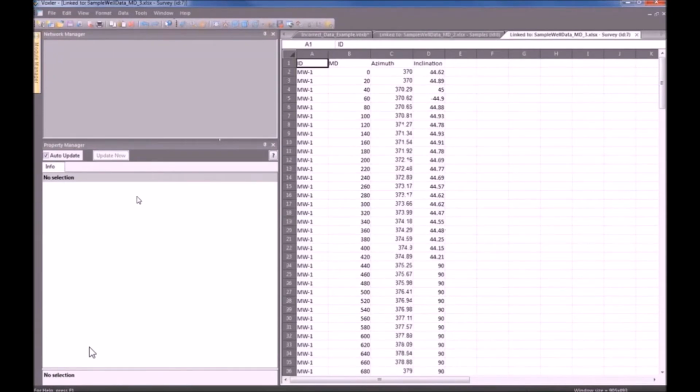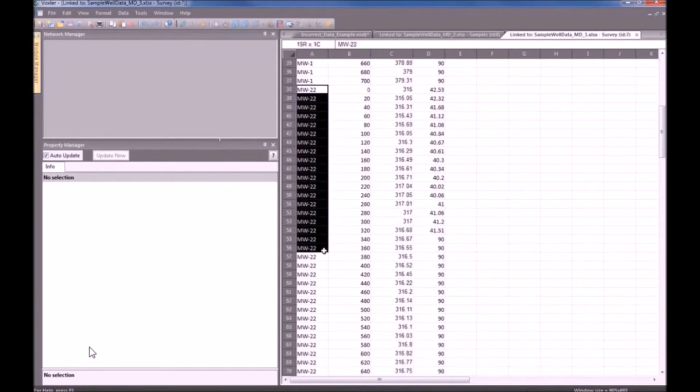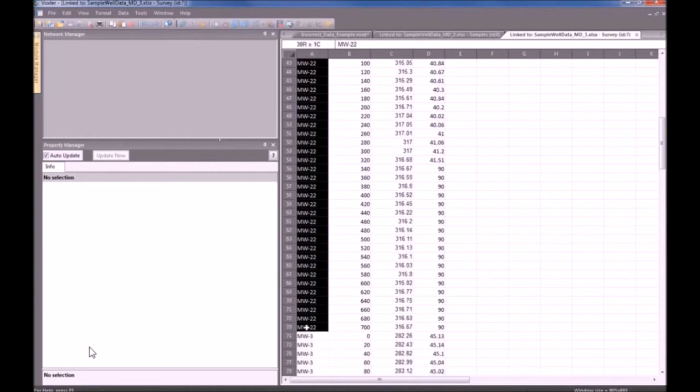Now that we see the table, as this link table is open in the worksheet, I'm going to scroll down and see if I see any issues. Right off the bat, it's pretty obvious what the issue is here. This well ID should be MW2 instead of MW22. So this issue can be easily resolved